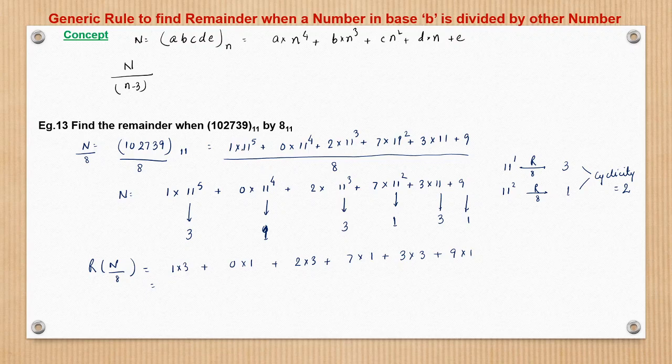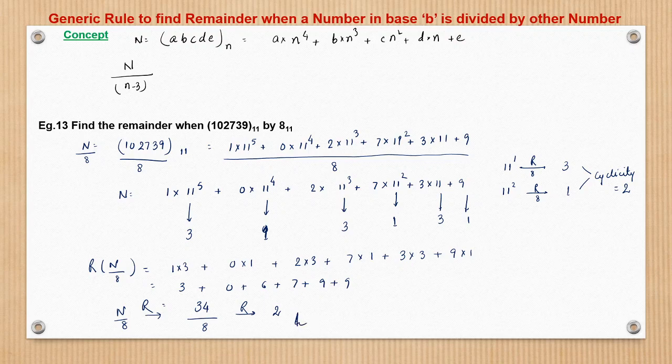So from these complicated terms we have broken down to this simple term. Now we can add 3 plus 0 plus 6 plus 7 plus 9 plus 9. So this comes out to be 3, 6, 9, 7, 16, 16 and 18 is 34, right? So basically 34. Now we'll further divide by 8 to find the final remainder, which will be less than 8. So 8 fours are 32, the remainder would be 2. So 2 is the final remainder to this question.